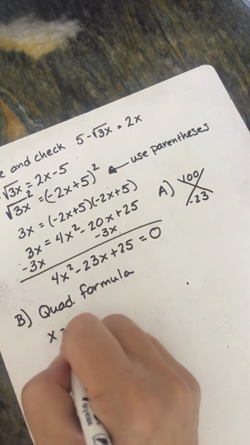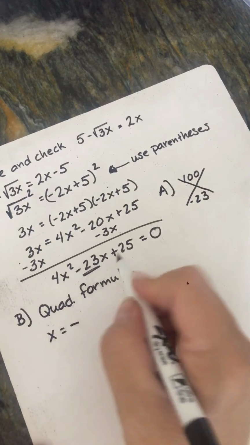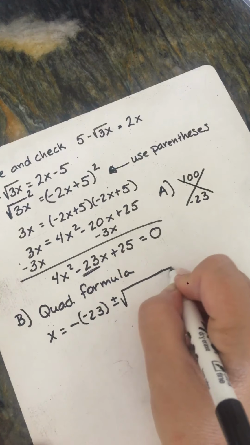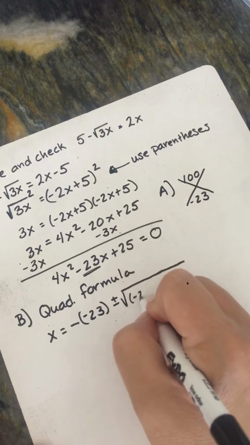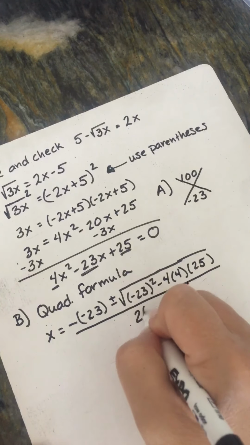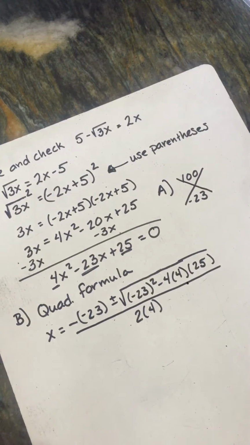So here we go. X equals negative b. B in this case is negative 23, plus or minus the square root of b, negative 23 quantity squared, minus 4 times a, which is 4, times c, which is 25, all over 2 times a. Holy moly. Here we go. 23 plus or minus the square root of, let's see, this will be 529